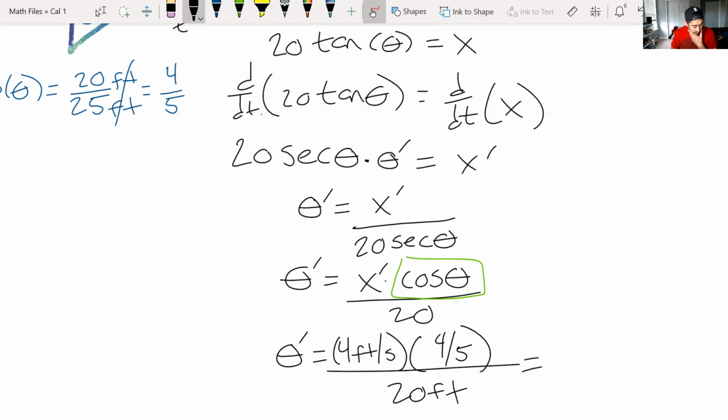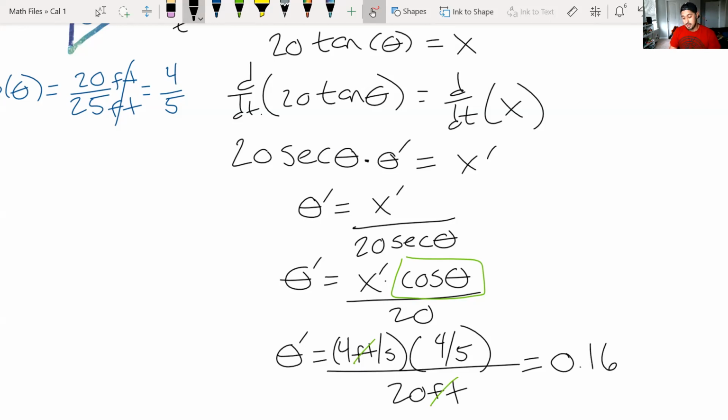There we go. And of course, when typing this in, your units of feet would cancel. And what we end up with is 16 over 100, which gives me